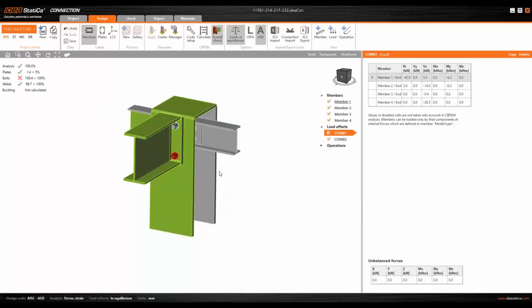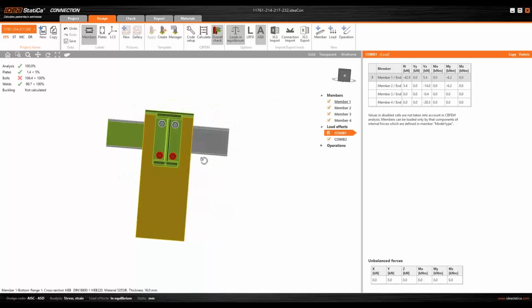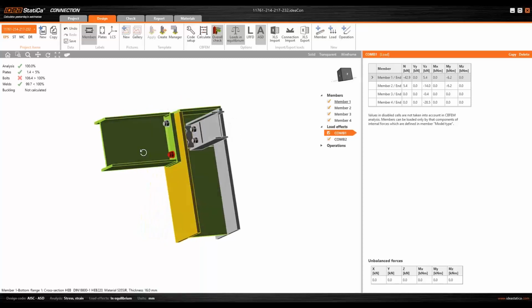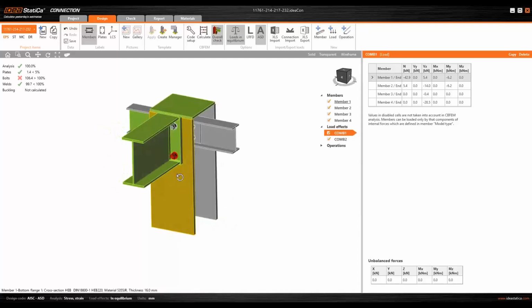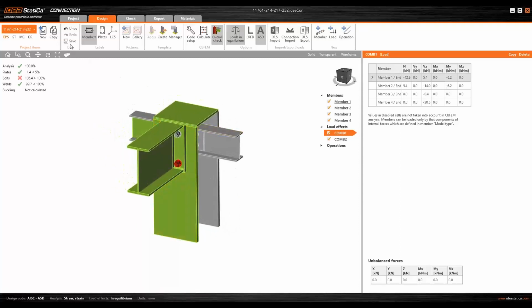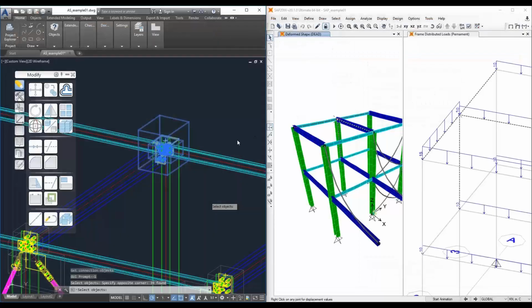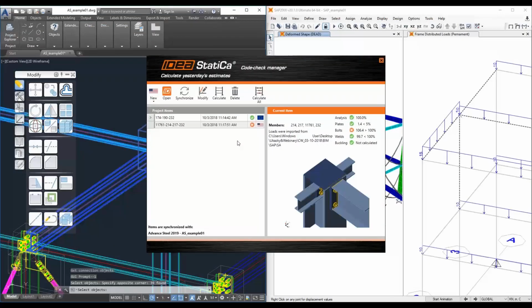And you can see that our bolt did not pass the code check. Okay, so I will save it, close it,